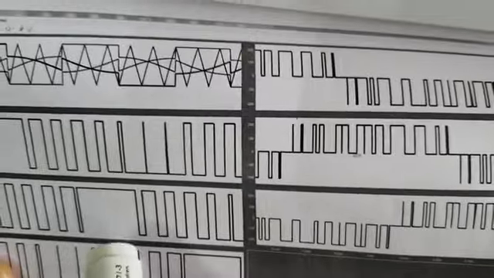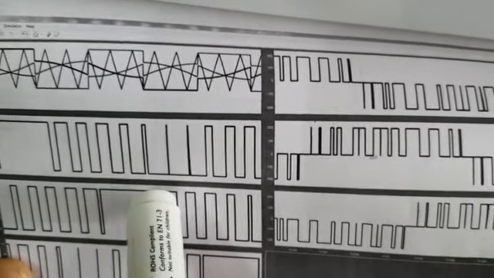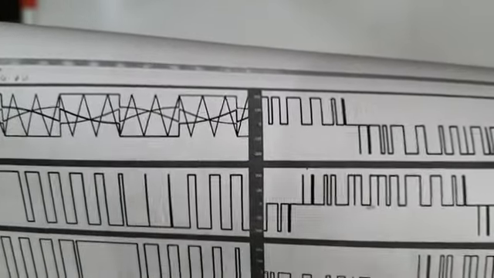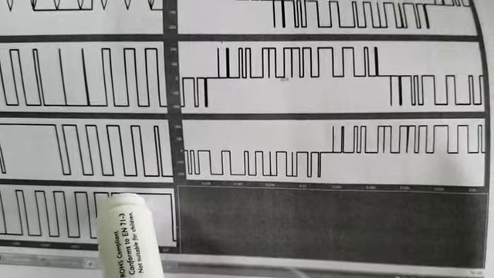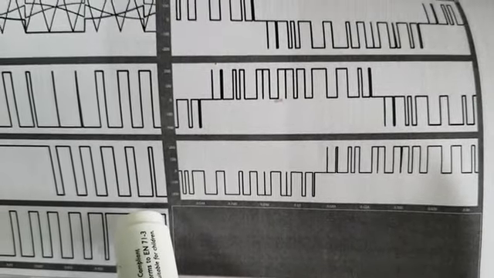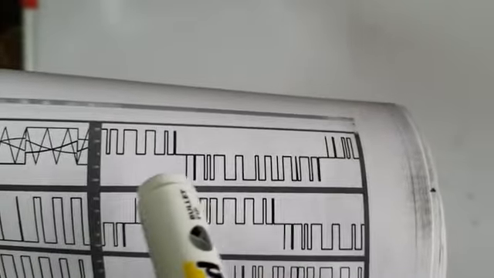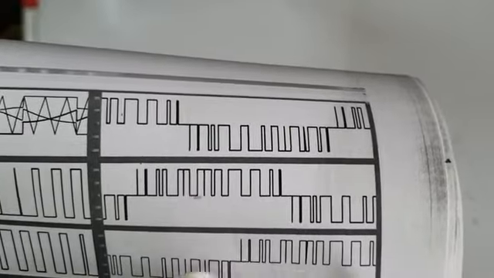Similarly, this is pole voltage VYO. It is clamped over this 60-degree interval to the positive DC bus and then the negative DC bus also. And this is pole voltage VBO. It is clamped for 60 degrees in the positive half cycle and 60 degrees in the negative half cycle. And these are my line-to-line voltages. This is VRO, this is VYO, and this is VBO.